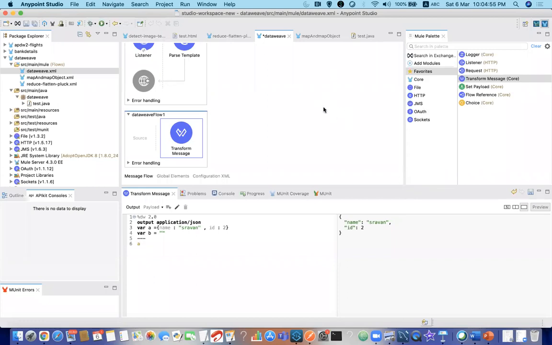Shravan, you said that whatever variables we declare at the top are evaluated only when we use them in the body. Correct. But I saw this in Mule 3; it could be something that is not happening in Mule 4. When we had variables at the top and they had issues or errors, they were highlighted in the DWL straight away.